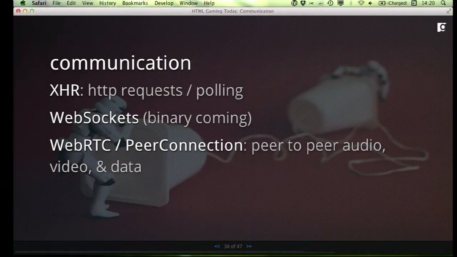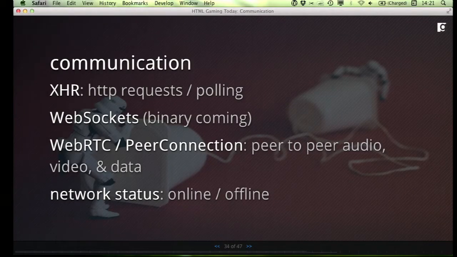Upcoming, we have WebRTC, and this builds on top of the peer connection API. This will basically let us create peer-to-peer connections to send data, but also to send audio and video. So we can get into cool gaming scenarios where we have very low latency communication between the peers, and people can also do audio chat or video chat as they're playing the game. And that opens up the door for really interesting collaborative or competitive experiences.